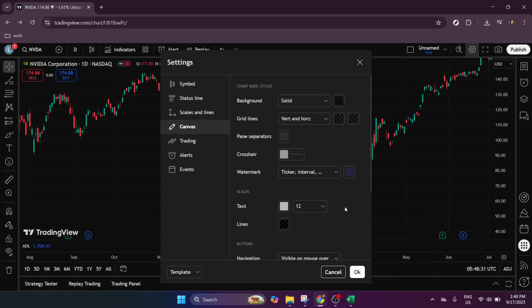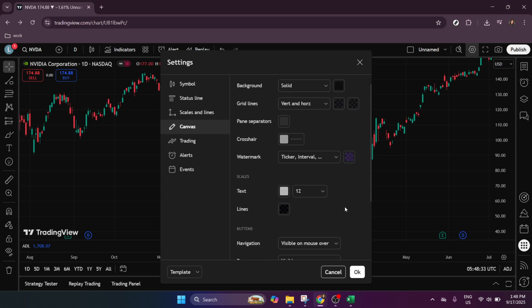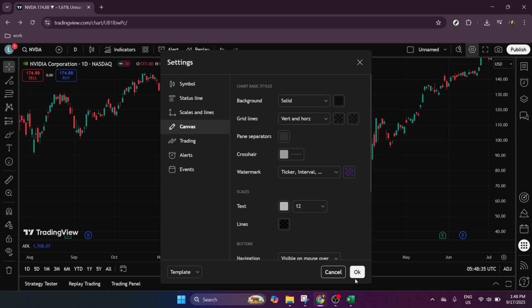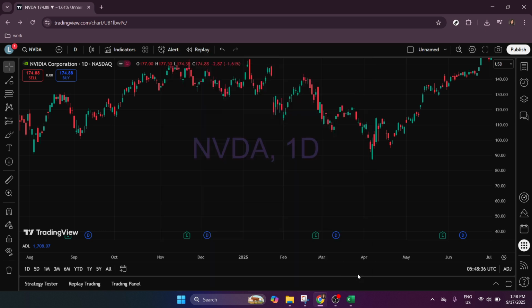After setting all your preferences and ensuring everything looks just the way you want, the final step is straightforward. Click on OK. By doing so, you confirm and apply all the changes made, and your chart will now display the pair watermark with the stock ticker as the background. Congratulations, you've successfully customized your TradingView chart with a watermark and background that suits your creative